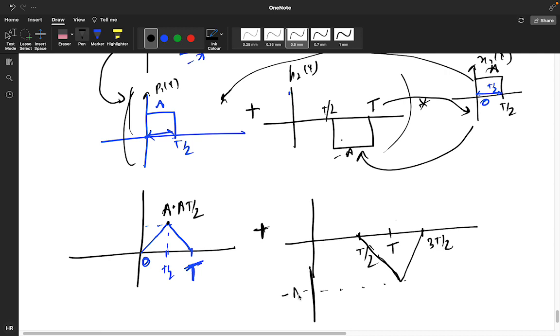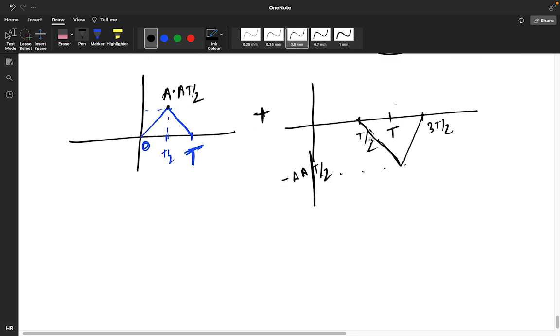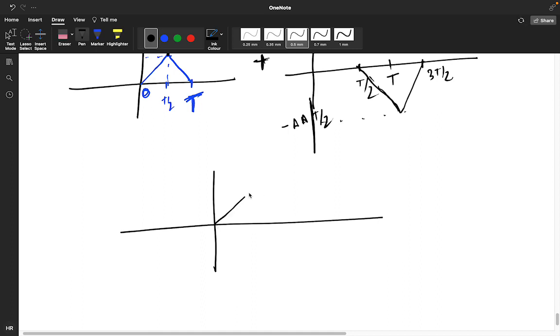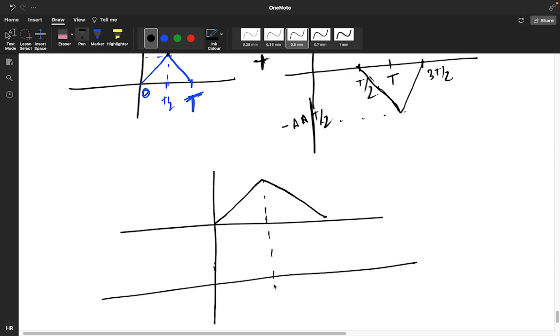This is minus a into t by 2. The width is t by 2 only. Now you need to add these two graphs. While you do the addition of these two particular graphs, this is what it represents: your first graph is like this, and this is your t by 2, this is your 0, this is your t, and the second graph